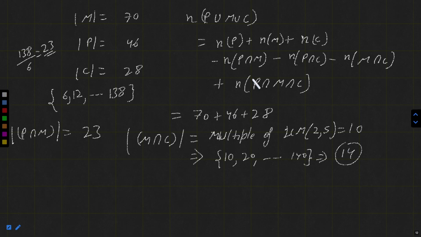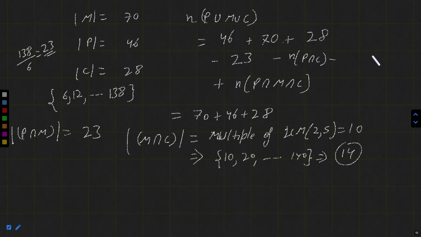Okay. Let's replace all values one by one. We know NP, which is 46. We know NM, which is 70. We know NC, which is 28. We know the cardinality of P intersection M, which is 23. We know the cardinality of M intersection C, which is 14. And for P and C, for P we have the numbers divisible by 3, and for C divisible by 5, and the LCM will be